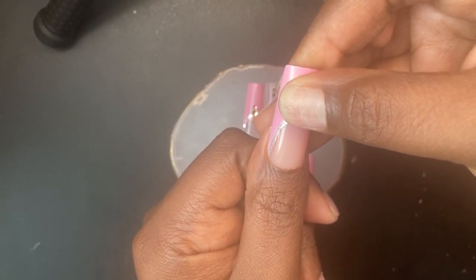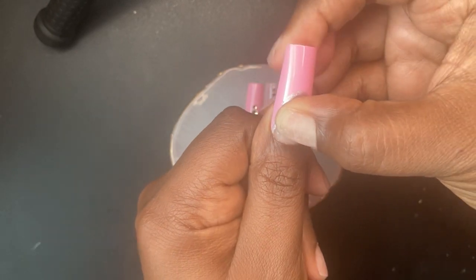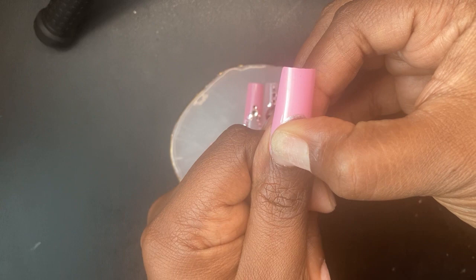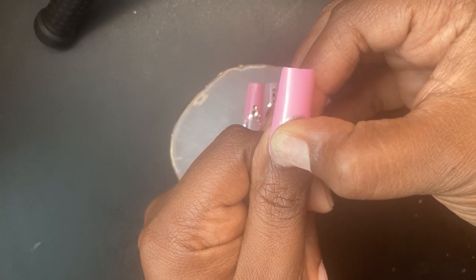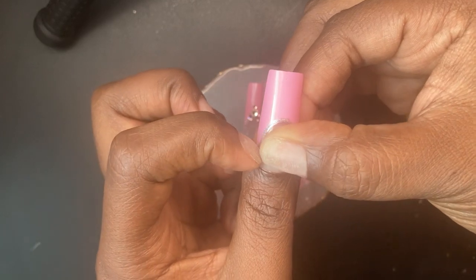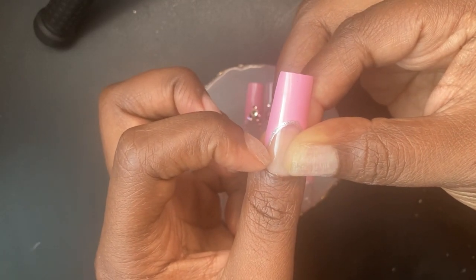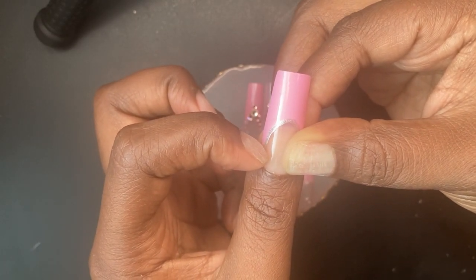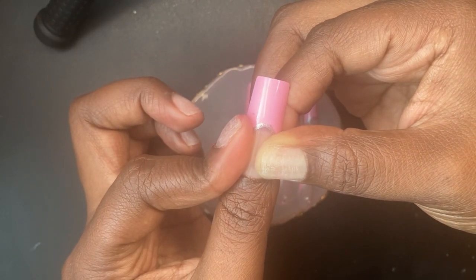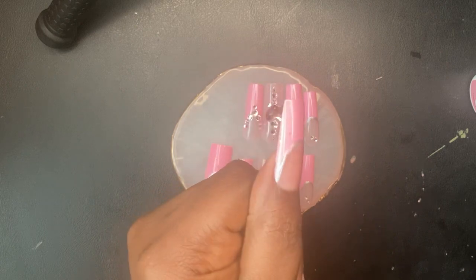And you're just going to line your press on nail up with your cuticle, press down and hold for 30 seconds. I'm also going to use my other fingers to help me hold the nail down and hold the side walls of the nails down as well so that they can stick really well to my natural nails. So press the nail down and also press down against your side walls so your nail comes out perfect, just